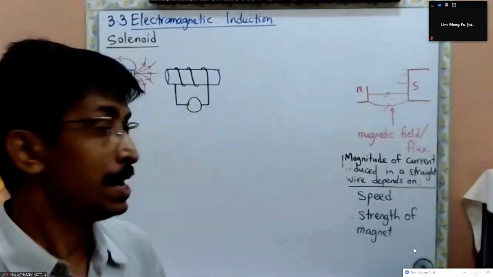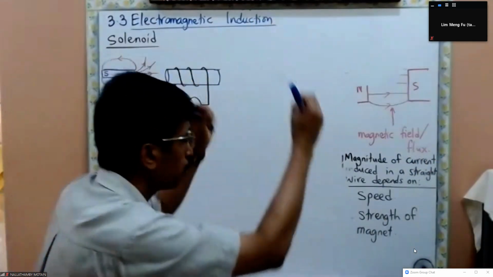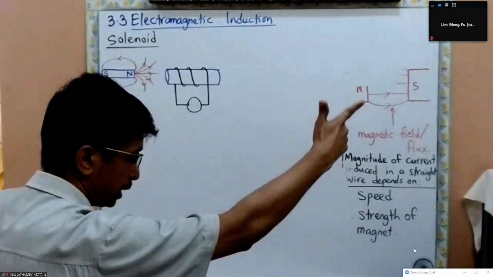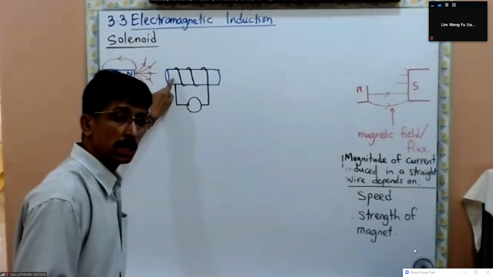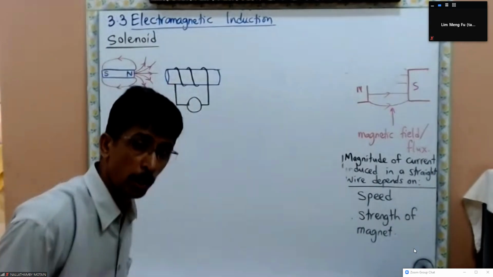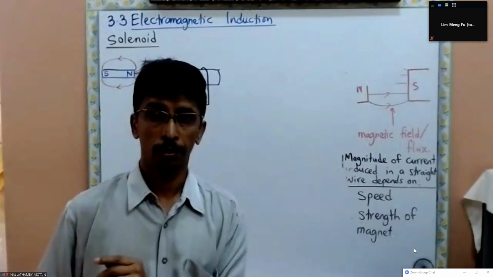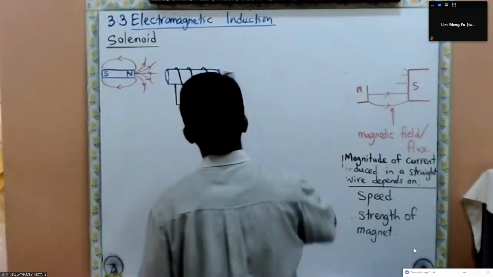Just now, in a straight wire, move up or move down, induced current we identify using Fleming's right hand rule. But now, current induced in a solenoid, how are you going to identify? We have to apply a rule or law. So that one we say